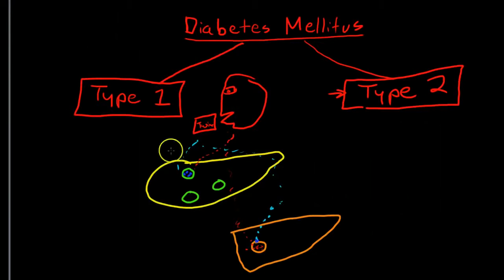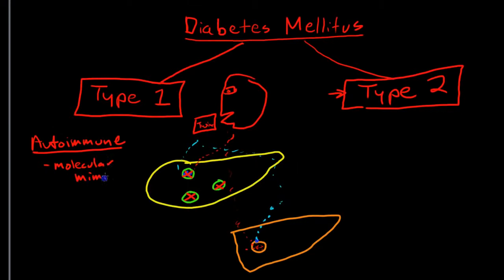Okay, so what goes wrong with that picture? Well, with type 1 diabetes, something happens that causes destruction of the beta cells inside the islets of Langerhans. Why does this happen? Well, it seems to be an autoimmune response that progresses fairly quickly. It seems to be caused by molecular mimicry,